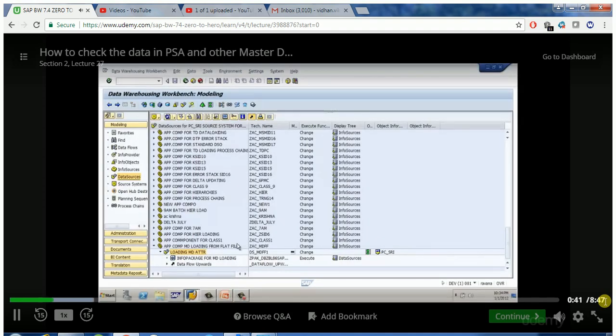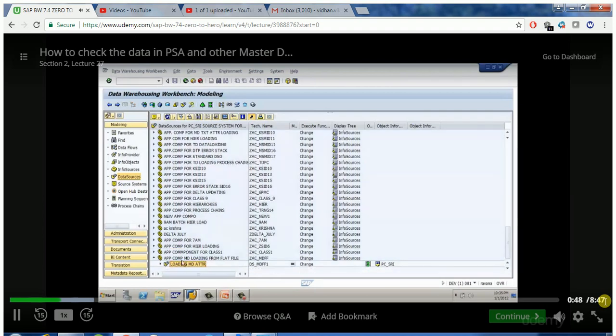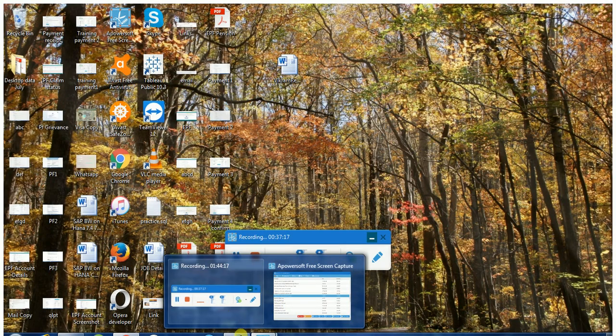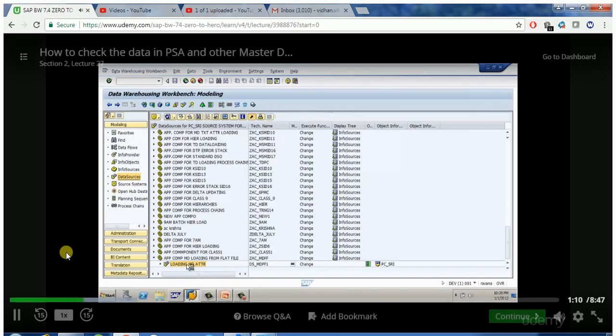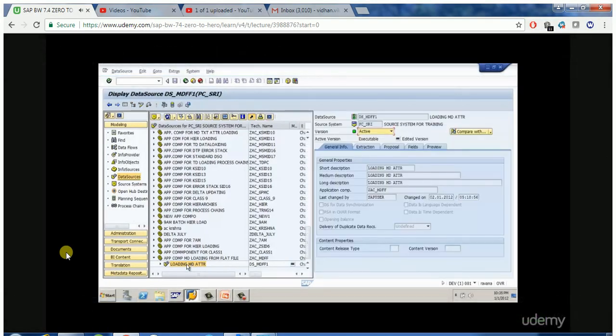In a previous example, we loaded master data into a data target. If you want to check the PSA table, the first thing is you need to find out the PSA table name. To find your PSA table name, first select data sources under modeling. Then select the data source whose PSA table you want to check. Double click on it. Once you double click on it,